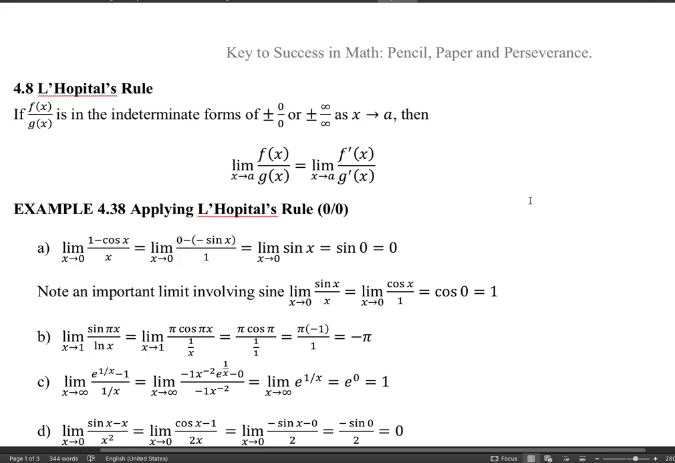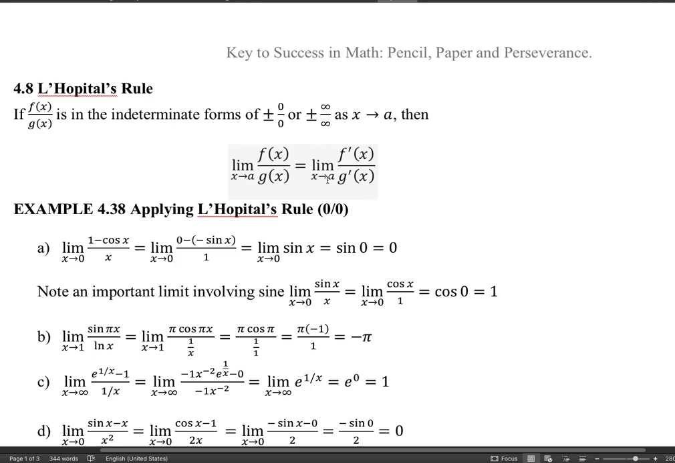L'Hopital rule will work in 2 cases. Okay, the limit in the indeterminate form of 0 over 0, which certainly could be plus or minus, and also in the form of infinity over infinity, which may also involve plus or minus. If that is the case, L'Hopital rule can be applied simply by taking the derivative of the numerator and the derivative of the denominator. It will change the limit into a new fashion,